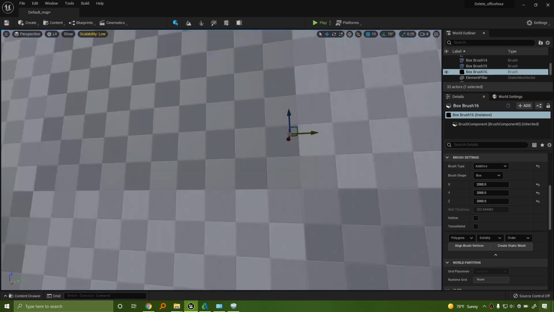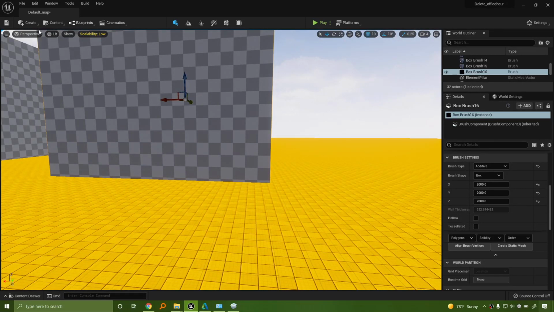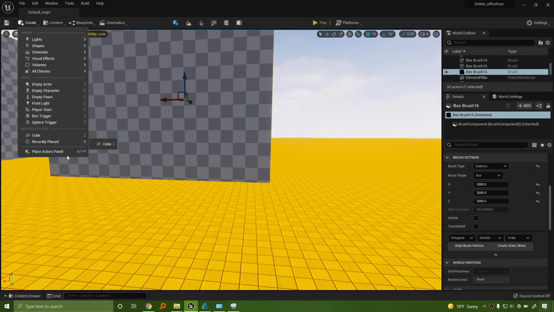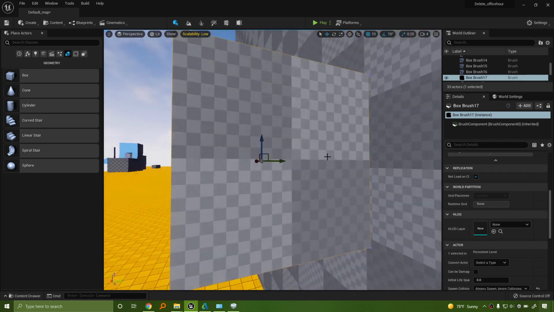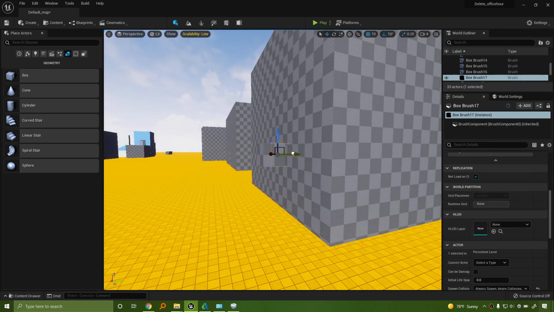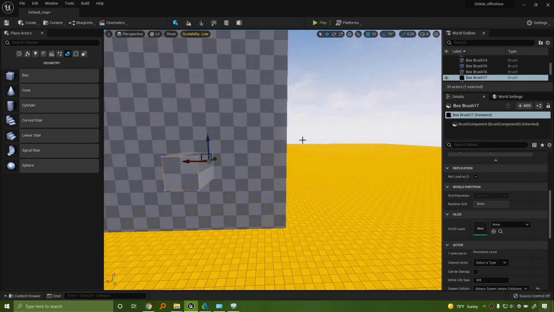So this is just a solid box here. If we grab another box, let me go and place actors panel here. I'm gonna grab geometry because it's not gonna work unless you use brushes. Oops, moved too much. Now this obviously came in the scene. Now I don't care really if it's scaled improperly because this is just for the demo purposes.